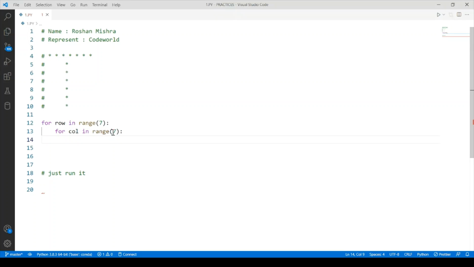If this loop runs, then our condition: first of all, the first row should always print. So row equals 0, print all, and then or